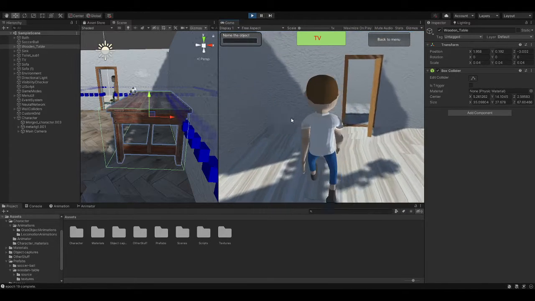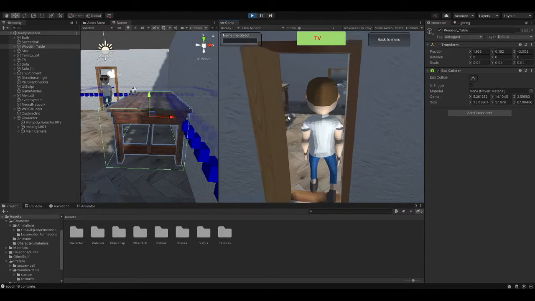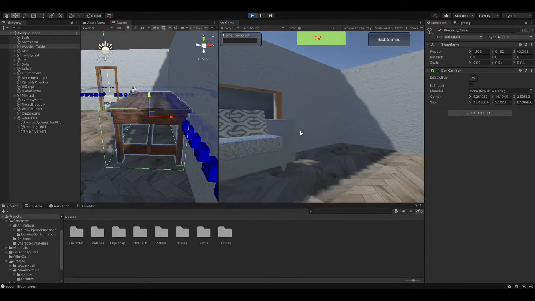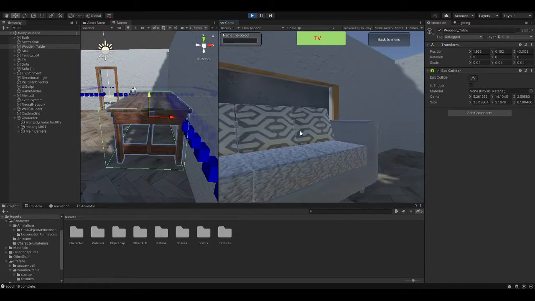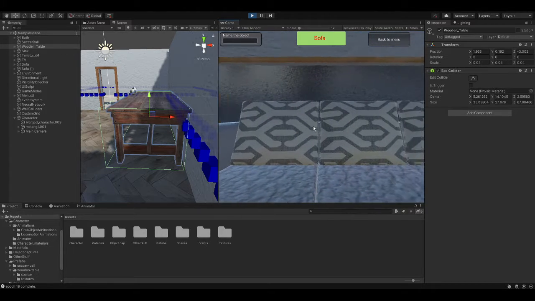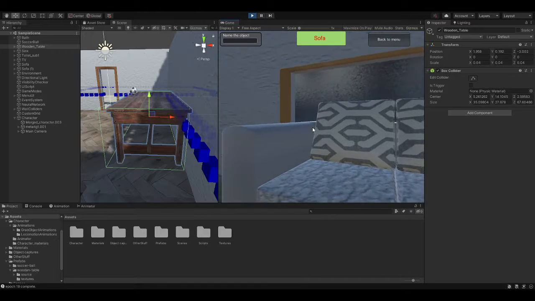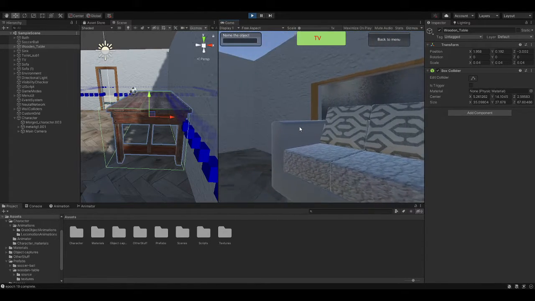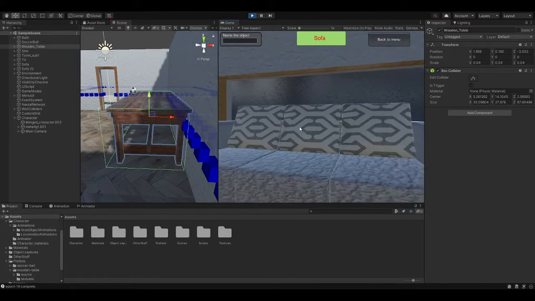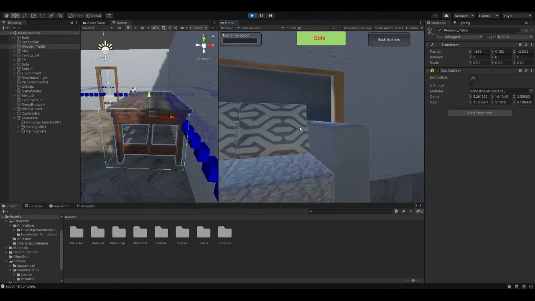Let's go to a different sofa. We have in this next room a different sofa with a different texture. We want to test if it recognizes the sofa here. It does, partially, because as I told you, the accuracy is about maybe 80%.